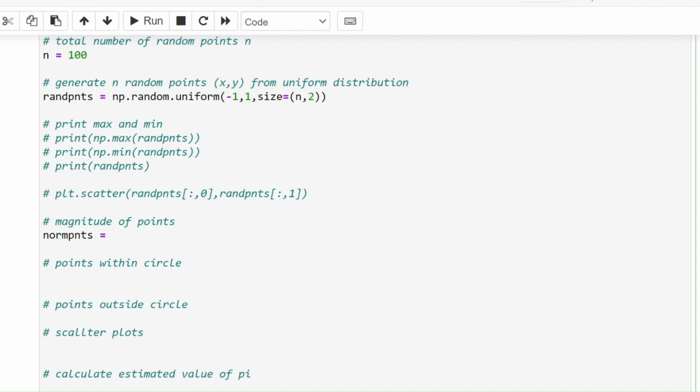So what we're going to do is extract the x value. So all the rows and the first column, which is the x value. So x square, this is how x square will be implemented. Adding with it is rand points,